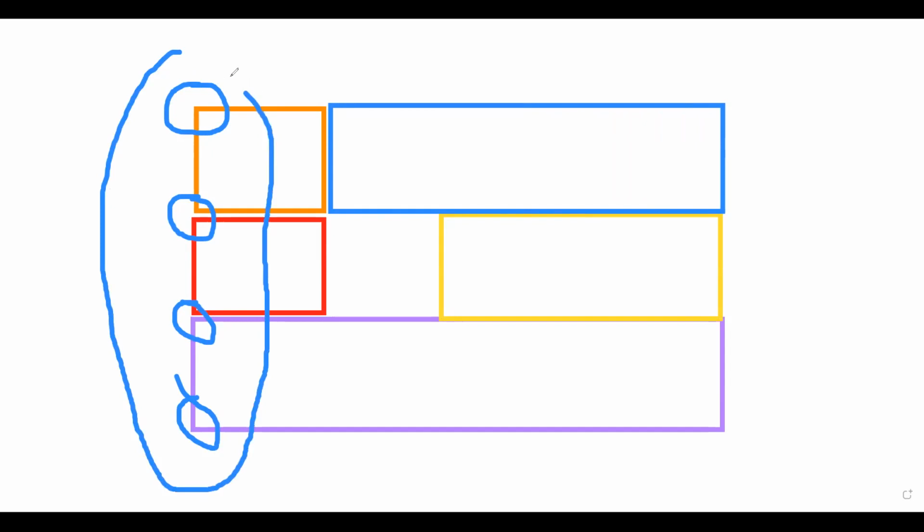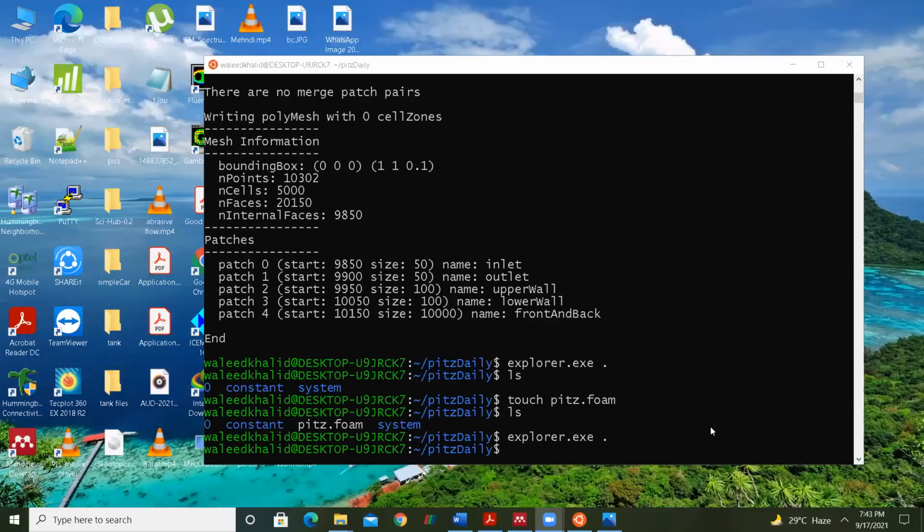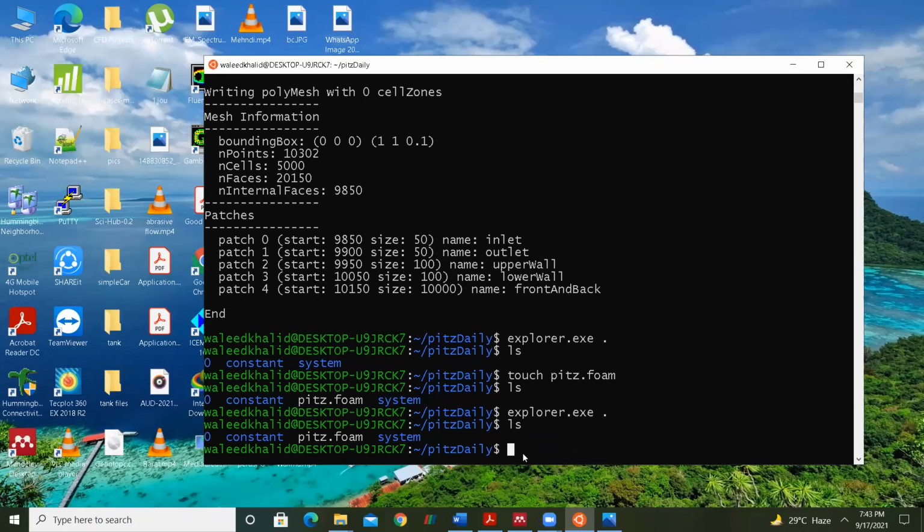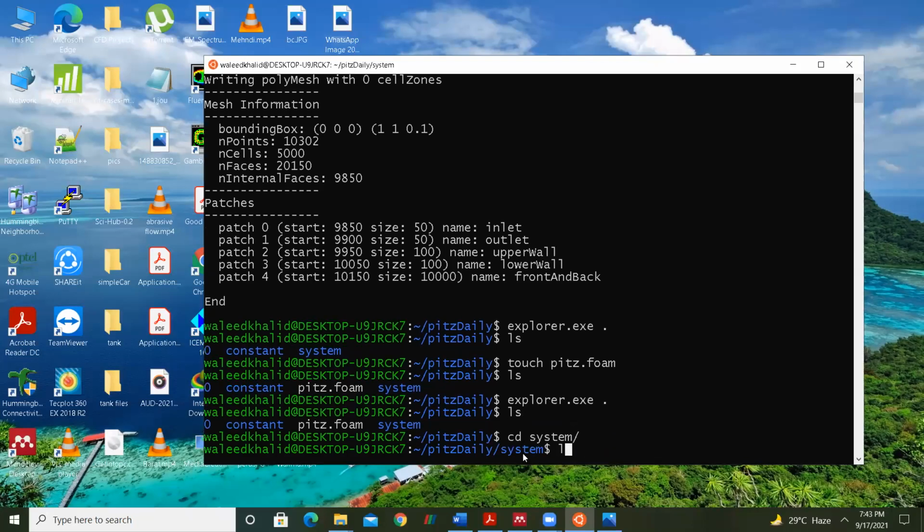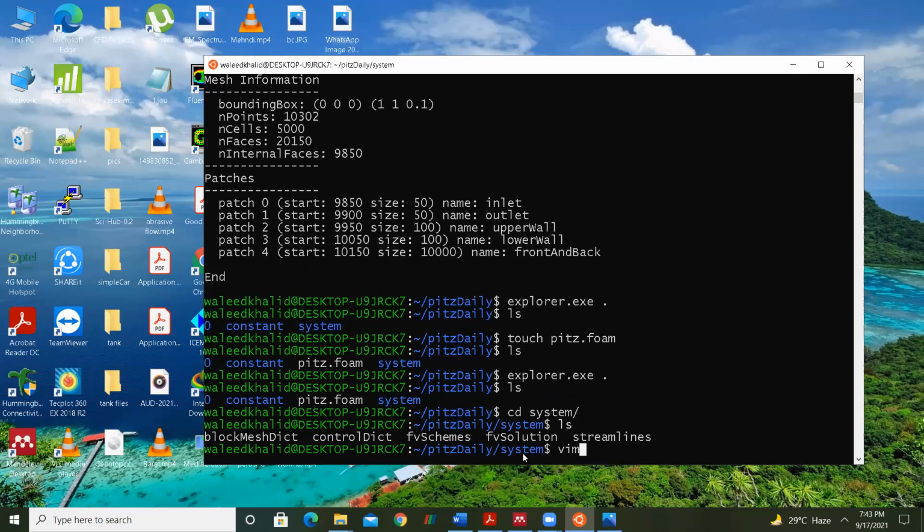This whole thing is your inlet. I need to put all the points of the vertices in that. Yes, in inlet, okay? Let me tell you, let me open this thing. Let me stop it. Now, can you see my Ubuntu terminal? Yes, I can see. cd system, okay, ls, blockMesh,